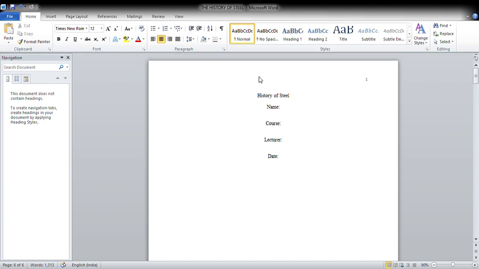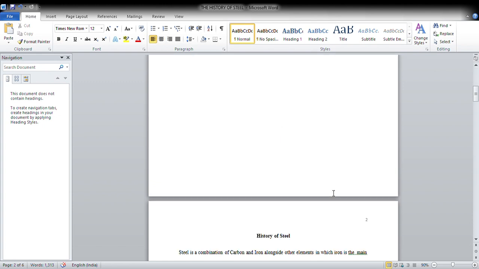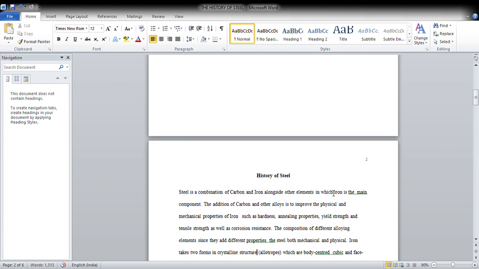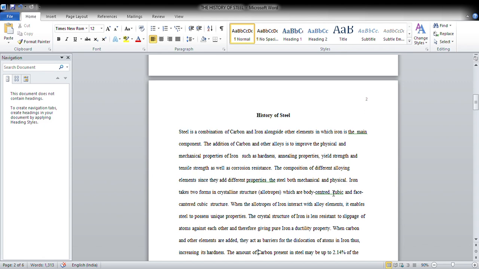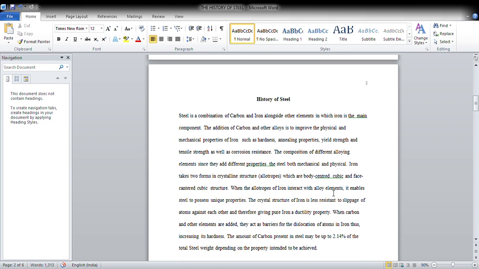So let's go back to, so you've seen this page 1. Let's check if it is now correct. So it's page 2, so it's okay. So we have finished with the title page. Let's go to the introduction part. So in the introduction part, you just introduce by